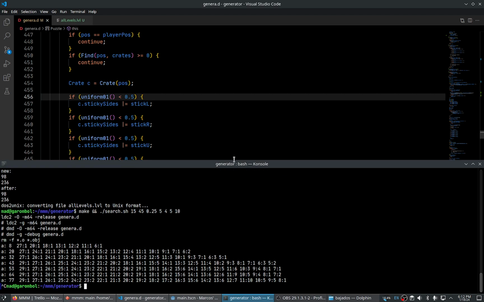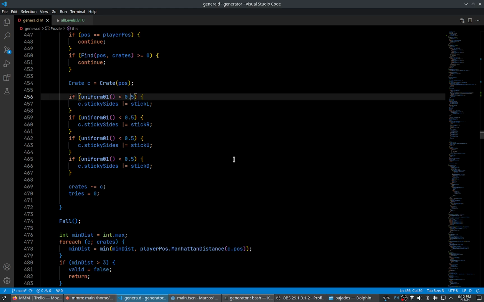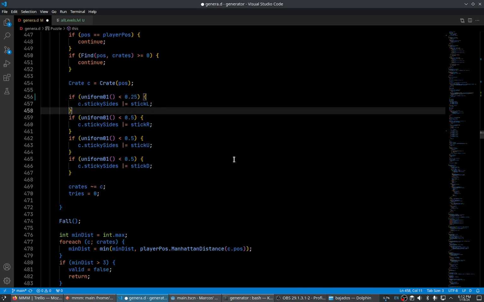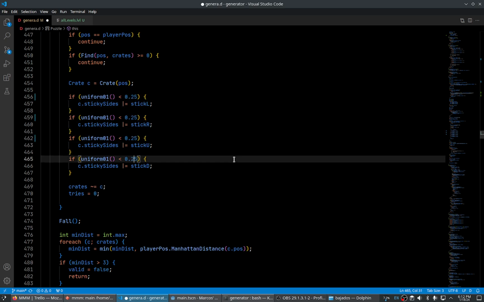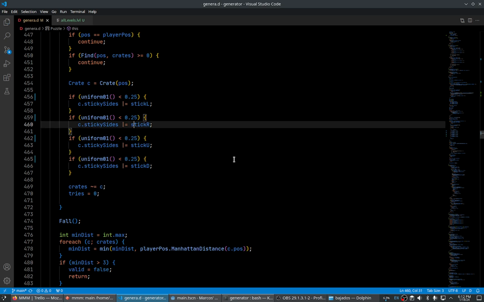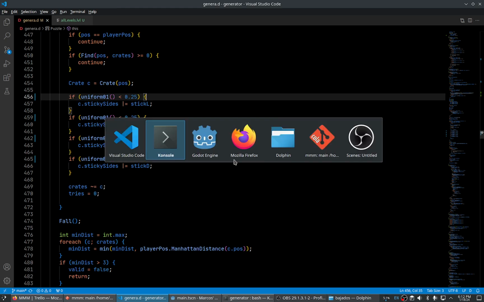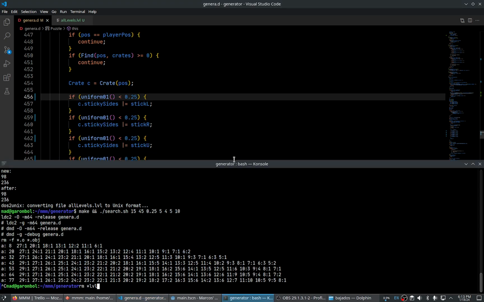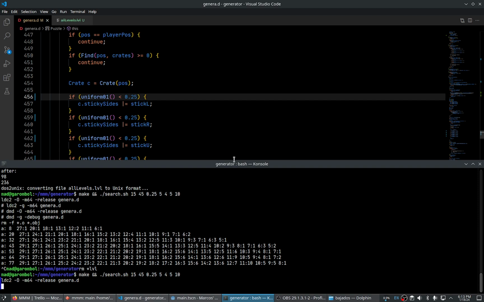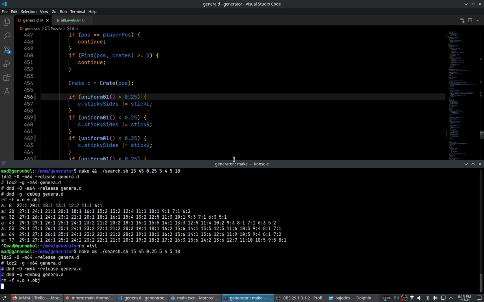In fact, let me change the probability of the glue present, because perhaps it's too much. Yeah, the generator should make less glue,